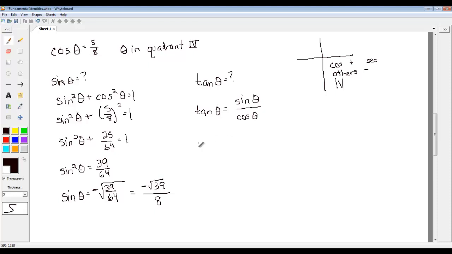So in this case, tan theta is negative square root of 39/8 over 5/8. So that's negative square root of 39/5. There's that. And then secant theta